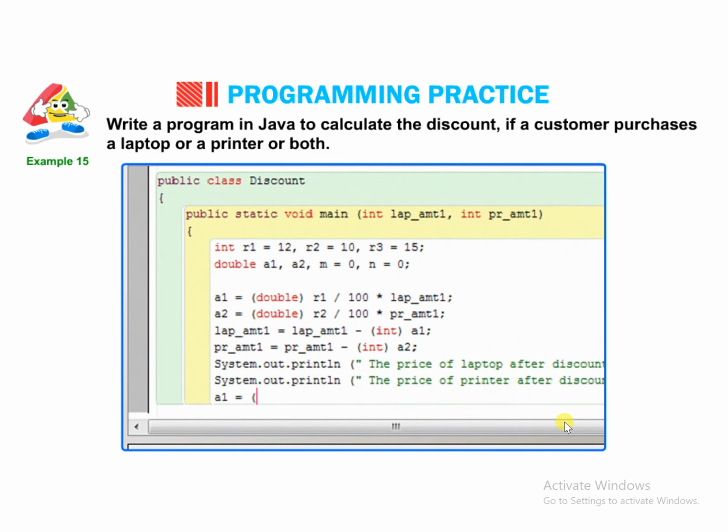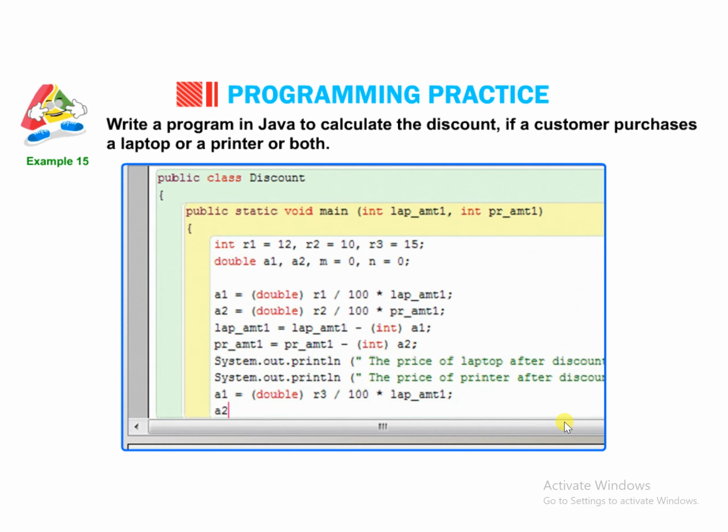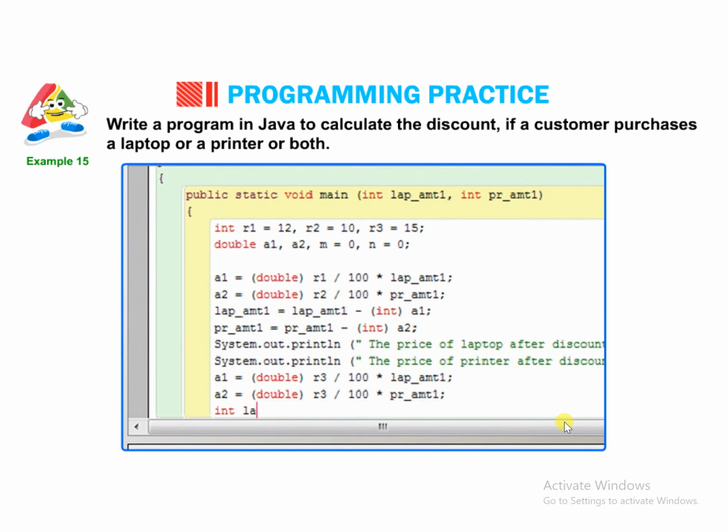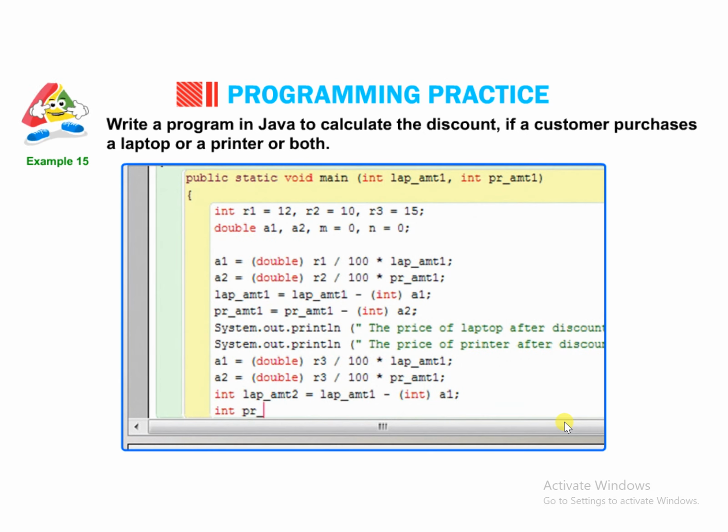a1 = (double) r3 / 100 * lap_amount1; a2 = (double) r3 / 100 * pr_amount1; int lap_amount2 = lap_amount1 - (int) a1; int pr_amount2 = pr_amount1 - (int) a2;